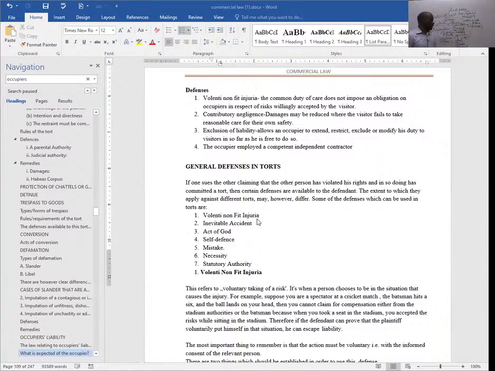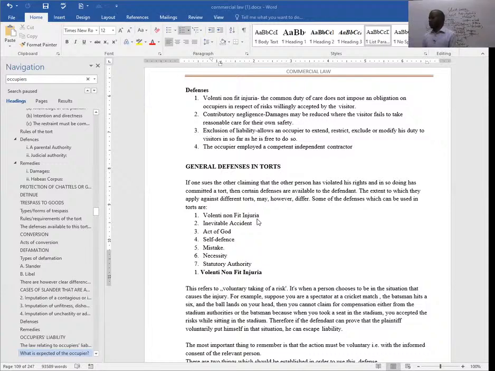Self-defense, maybe you committed a particular wrong as a result of self-defense. So maybe that one can be applied here under the tort of trespass with regard to persons. So maybe battery, where you ended up committing battery while you're carrying out self-defense. Mistake. So a mistake can happen out of necessity. Out of necessity, someone can trespass on someone's land. So maybe there's a disaster or fire on the neighbor's property, so you can trespass and enter into the premises out of necessity simply to protect the house of the neighbor.